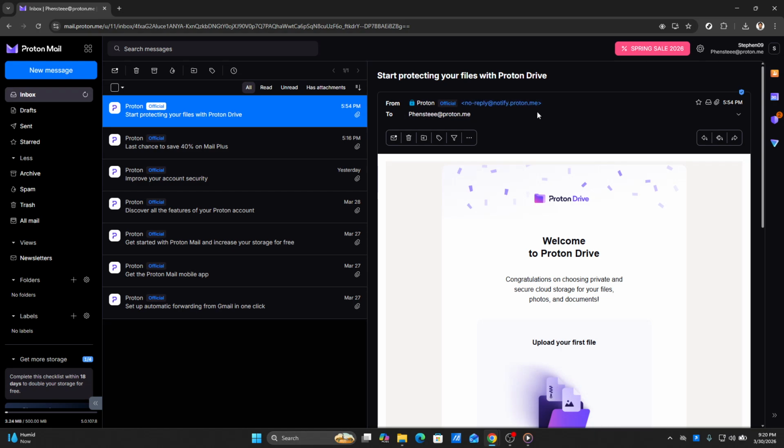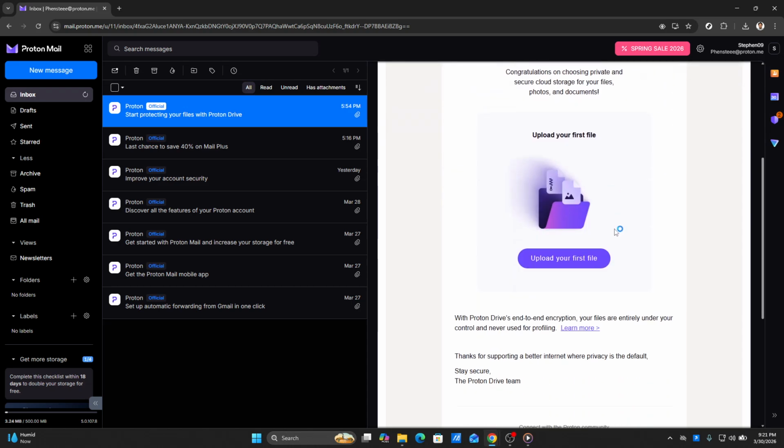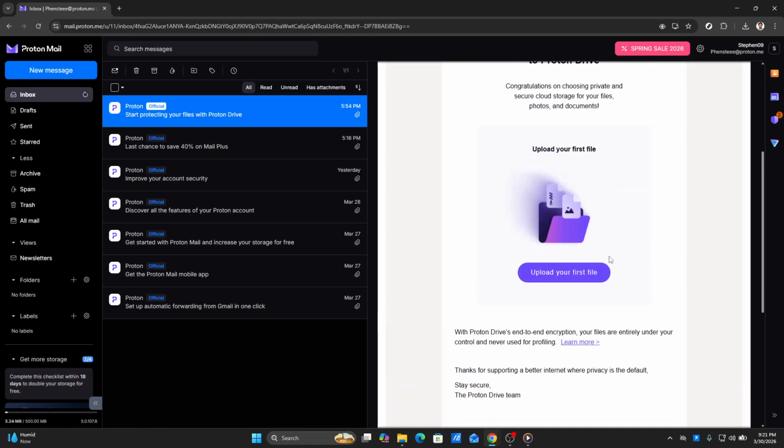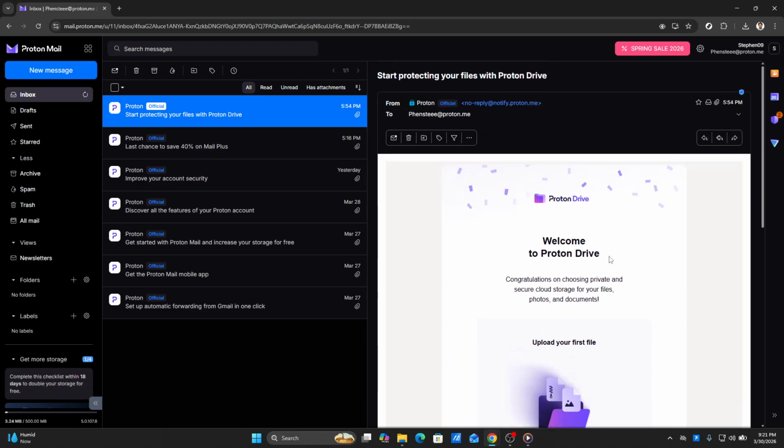As you examine the From section, you may also notice additional details such as the name associated with the email address if provided by the sender. This information can sometimes give you more context about who the email is from. However, keep in mind that Proton Mail users can choose what information they share, so it may not always be comprehensive. If you're trying to gain further insights into the sender, you might consider doing a bit of detective work